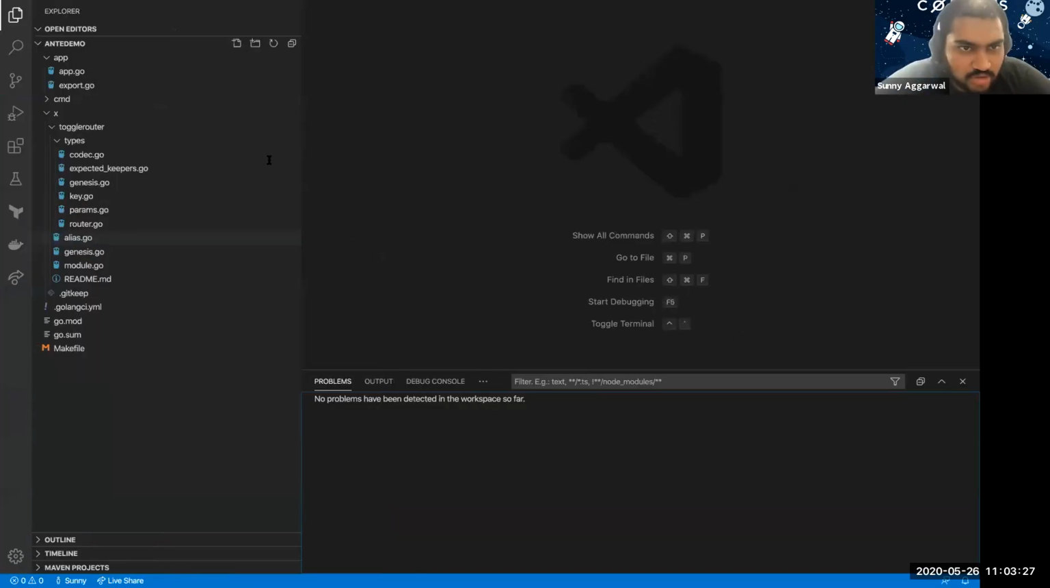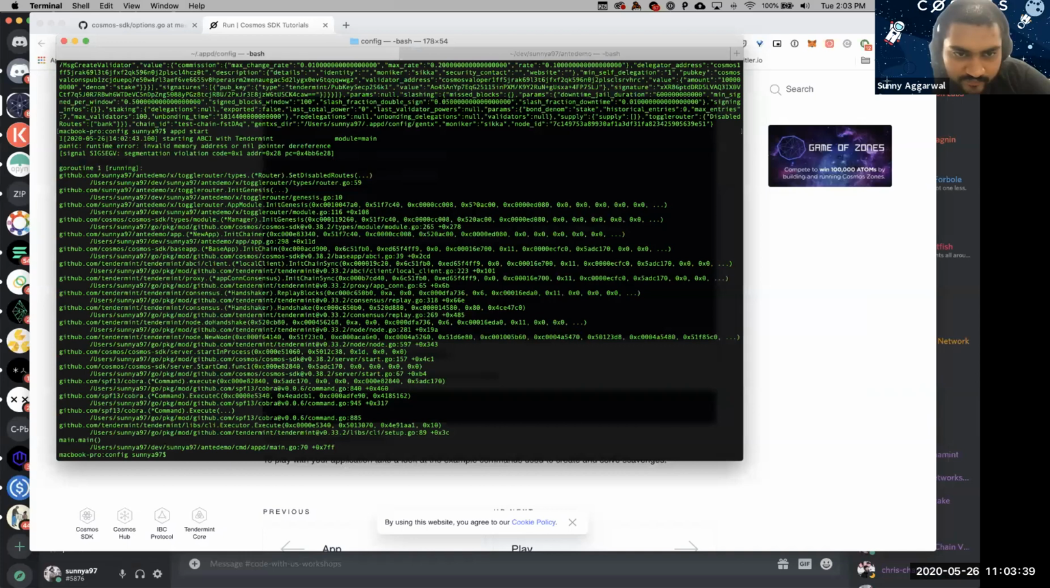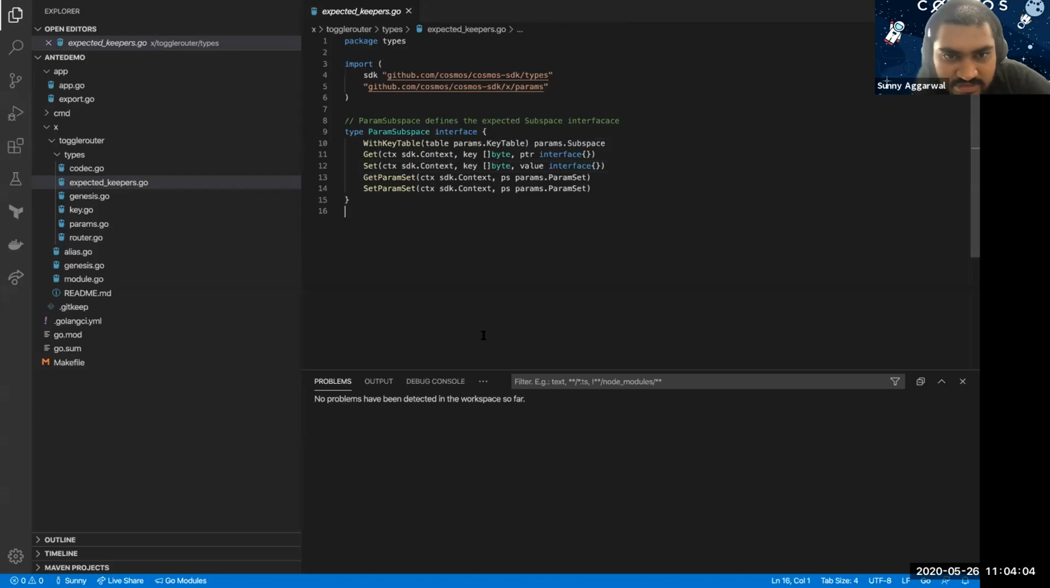Okay, so it said router.go. Let me keep it bigger for everyone. So the bug is in router.go line 59. Okay, so something's happening here in the paramspace.Set. It's claiming that we are doing a nil pointer dereference. So in the Set of param subspace, we are